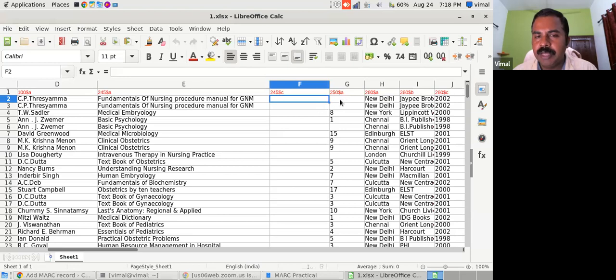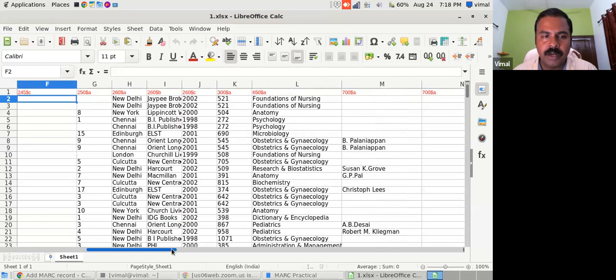Then 250A, edition, 260A, publisher location, 260B, publisher name, 260C, year of publication, 300A, number of pages, 650A, keyword,